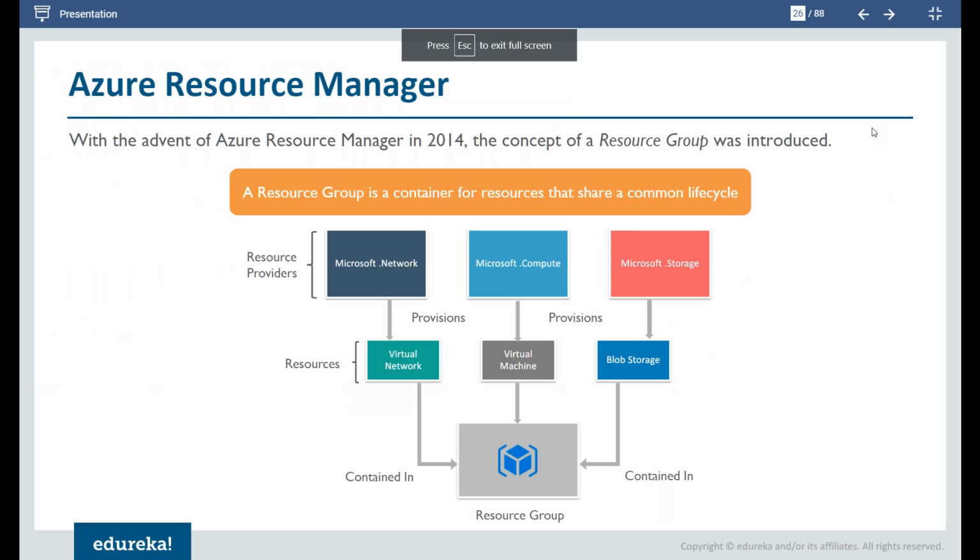Okay, let me elaborate on this and tell you what Azure Resource Manager is. Whenever you have to do any kind of deployment in Azure, forget about the word deployment. Think about if you have to create any resource in Azure, which means if you want to create a network, a VM, a storage account, or a bot, whenever you have to create these resources, you have to use Azure Resource Manager. This is the one single layer which is responsible for doing any kind of deployment in Azure.